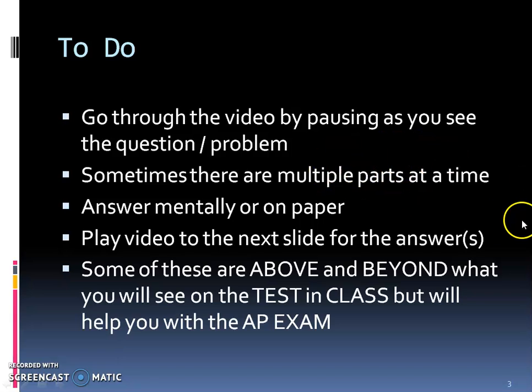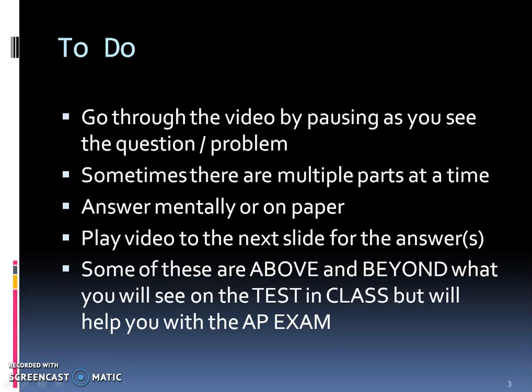So you're going to play the video, pause when you see the question or problem. You're going to have some with multiple parts. You can either answer them mentally or on paper with a calculator and your reference sheets. You're going to continue playing the video for the answers and/or solutions or explanations. And some of these are above and beyond what you're going to see on the test, but will help you